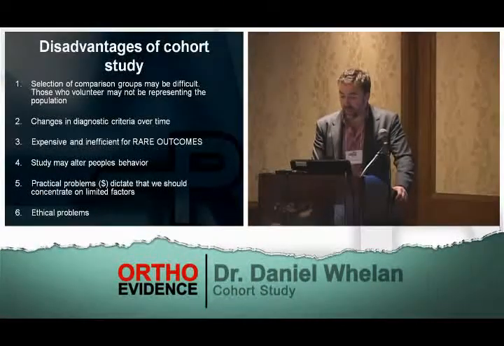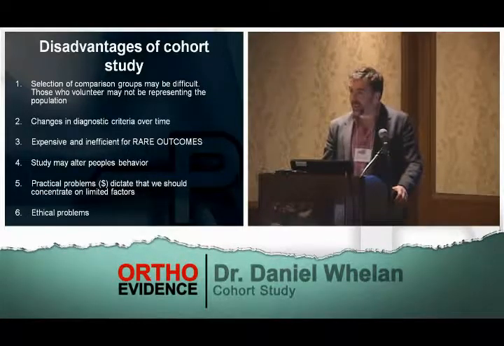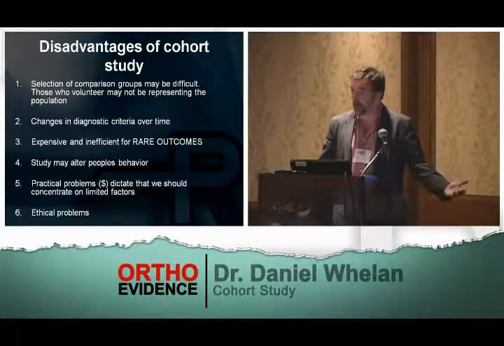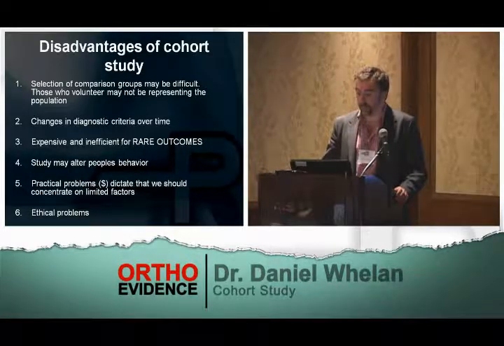The disadvantages would be that selection of the comparison groups may be difficult because the comparison groups may not be exactly the same. Changes in diagnostic criteria happen over time, so we have better ways maybe to measure generalized ligamentous laxity now than we did when we started our study. Perhaps there'll even be a blood test to measure how loose jointed someone is in time. They're expensive, they take a long time,